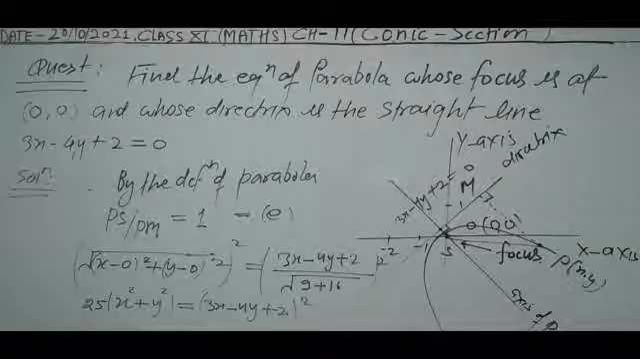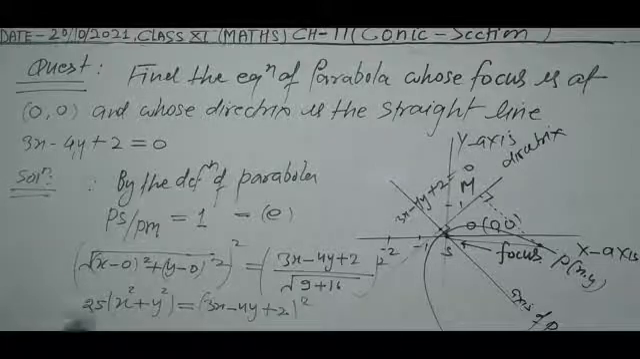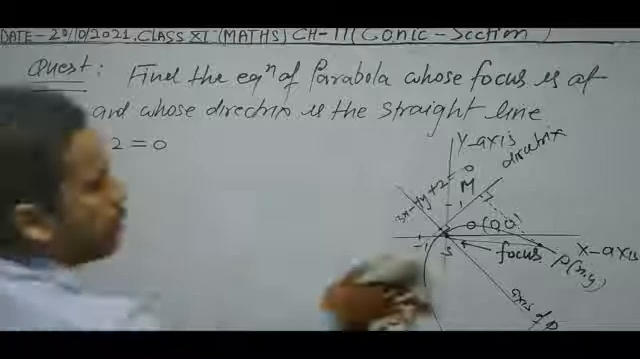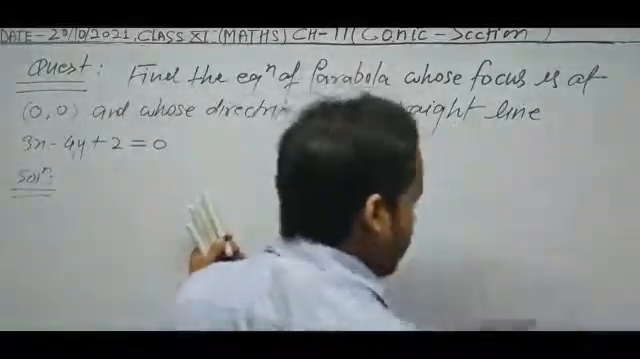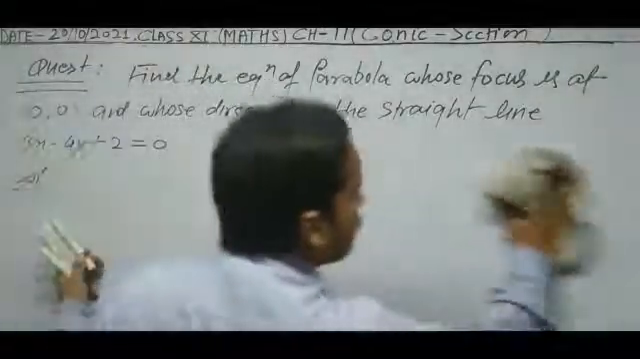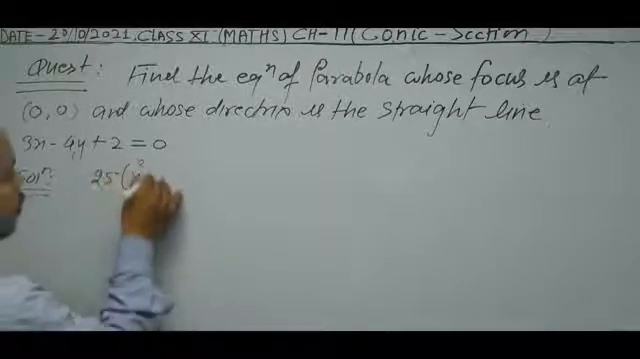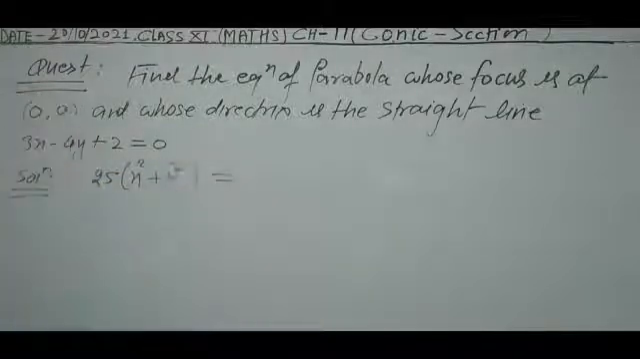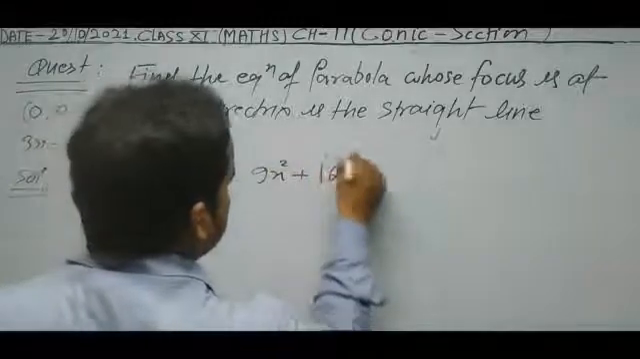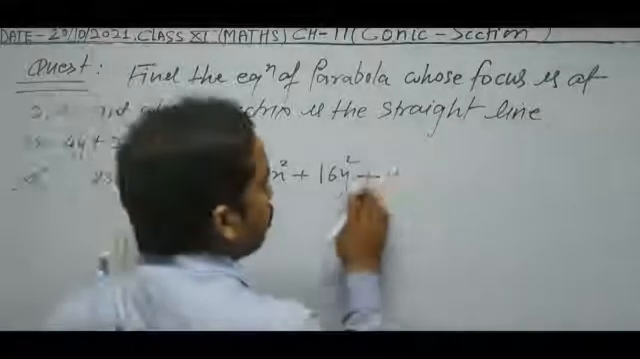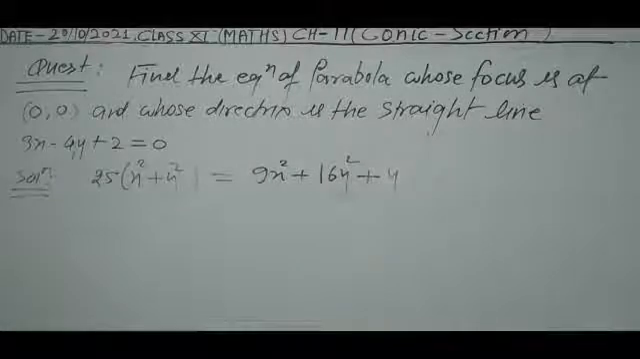So calculation will be 25x square plus y square is equal to 3x. 3x means 9x square, a square plus b square means 16y square plus c square, a square plus b square plus c square means the result is plus 2 means plus 4, and a square plus b square plus c square plus 2 times ab, the result is, now the result will be 3 into 4, 12, 12 2s are 24